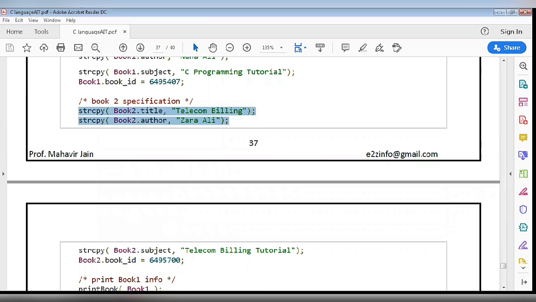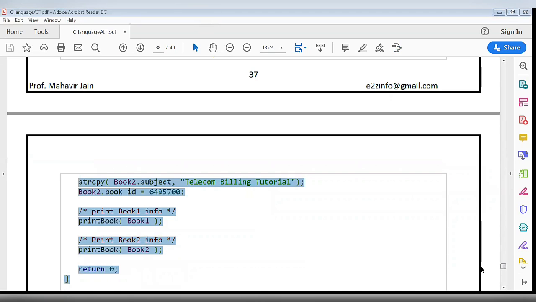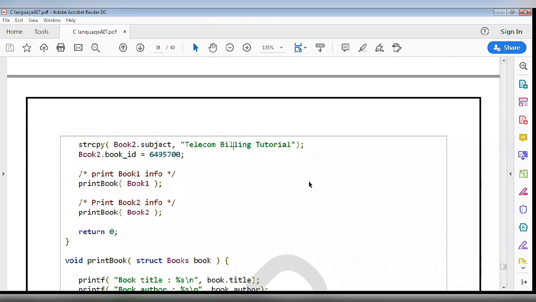For book2 we are using the same strcpy function and assigning the values. For printing the values for book1 and book2 we are using the function printBook, passing one argument, book1. In the same way, for printing the values for book2 we are passing the argument book2.